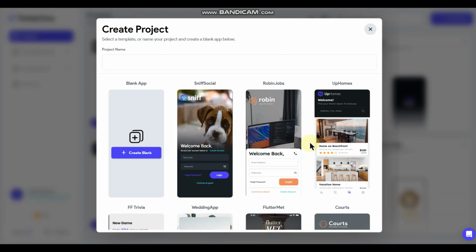FlutterFlow also has a community, which has been very helpful. But again, it still just seems to be lacking clear-cut answers on a lot of stuff. And so you just have to figure it out, troubleshoot and figure out what works. And again, understanding Flutter, the coding language, is very helpful for that.